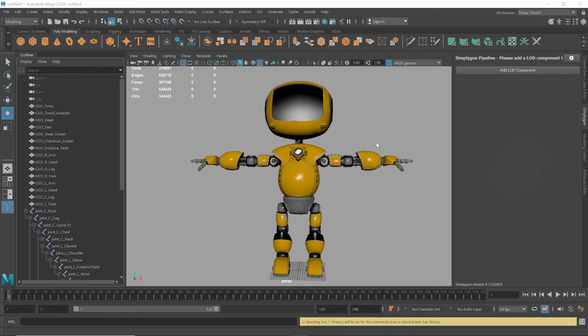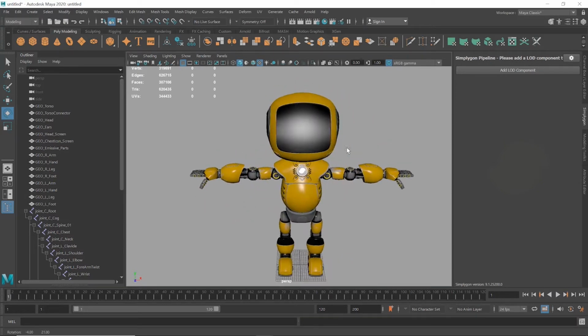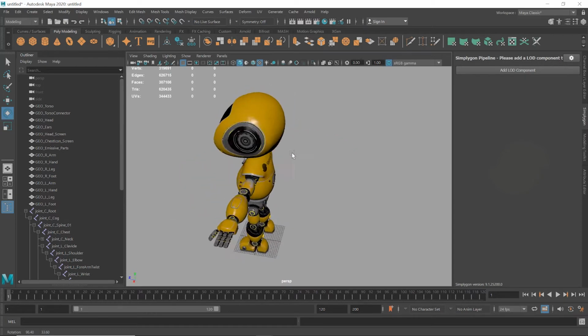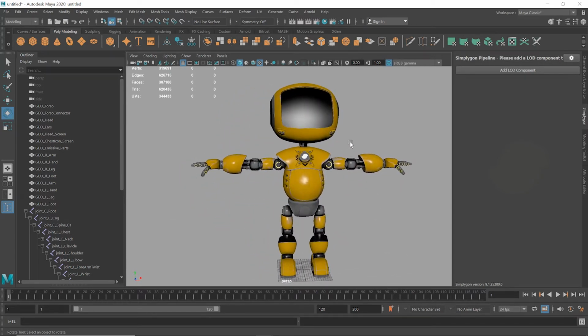Today we will show you how to use Simplygon's Bone LOD function to reduce the number of bones influencing a mesh. We're using Maya for this tutorial, but of course the Simplygon UI is pretty much universal across all the software that we support. This means you should be able to follow along with this tutorial with your chosen supported